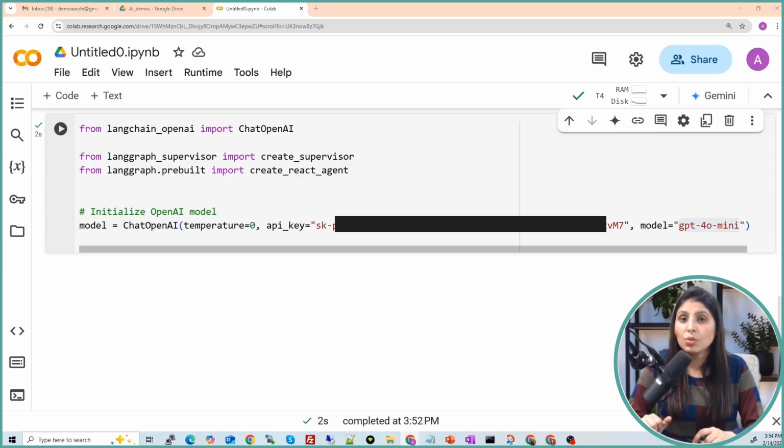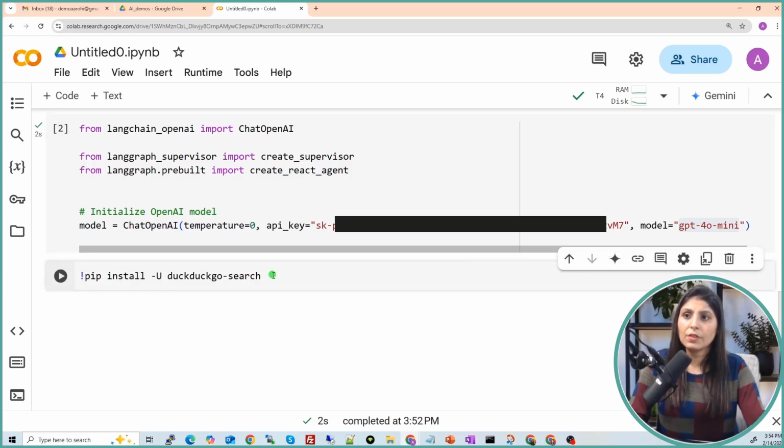For that, you need a tool which can perform a web search and give you the output. And let's say you ask, give me the list of top trending movies this week. This is the latest information, and your LLM can't provide information about that. In that case, you need a different tool which can perform some sort of search and provide you a list of latest movies. So we need a list of tools. Those tools we will provide to the agents to perform the different functionalities. So let's do that.